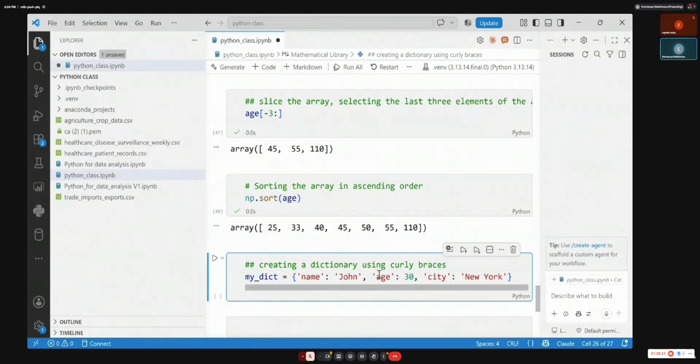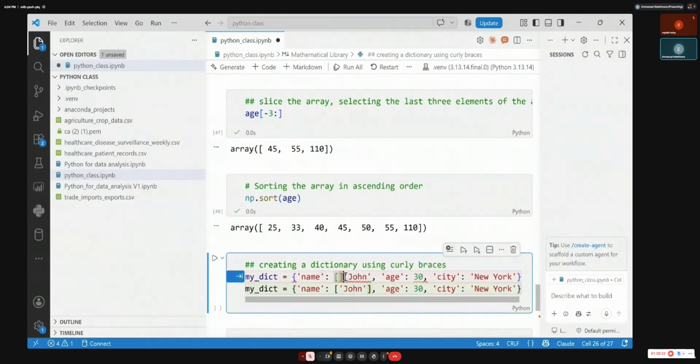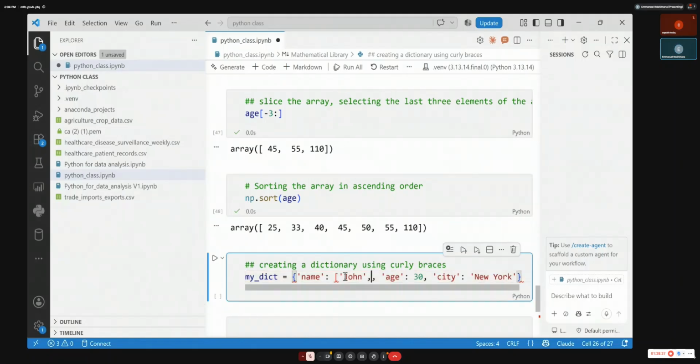This is a simple dictionary. But it might happen that you need not just John, but John with someone else. If there are two people, you can define them using this bracket. It's John and Alice. So now the age is not just 30, but it has to be 30 and 35.